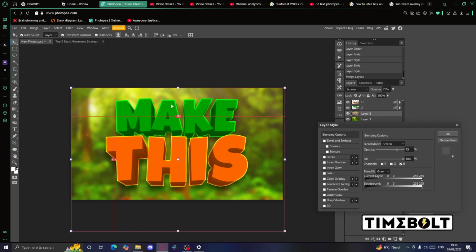Sometimes if there's some text really close to the sun overlay, or where the sun is strongest, and you end up setting the overlays' opacity, specifically the sunbeam overlay's opacity, too strong, then the text might not end up looking as good. So always merge the two layers together and then play with that opacity as a whole, just to change it to the perfect amount. I think this looks good.